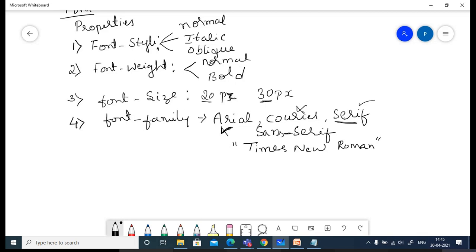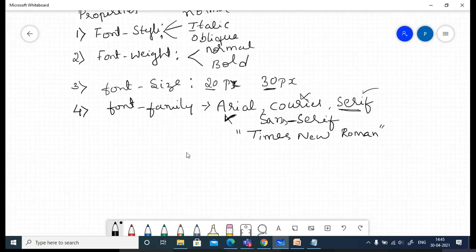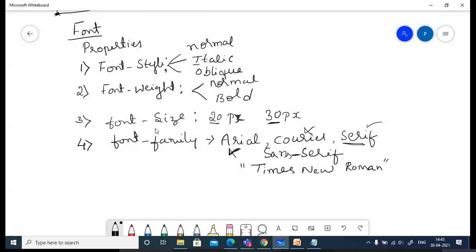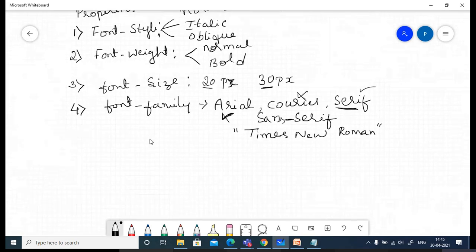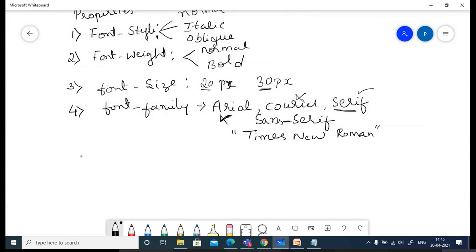Is it clear? So these are the main font properties. So now how to write? You already know. I'll just take one example for this. Is it clear now? So I am just discussing the major properties used for font. Okay, font style, font weight, font size, and font family. So now I'll just give one example for this. If I want to apply this font style for the paragraph, I'll take the paragraph tag. Okay, this is a selector. What type of selector is it? Tag selector or element selector. Okay, followed by that you can specify the properties.